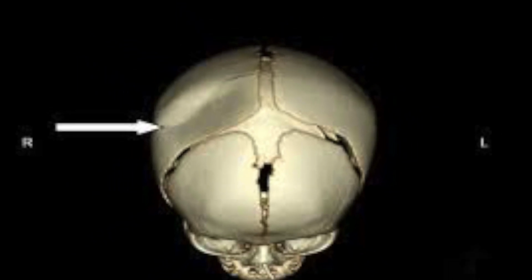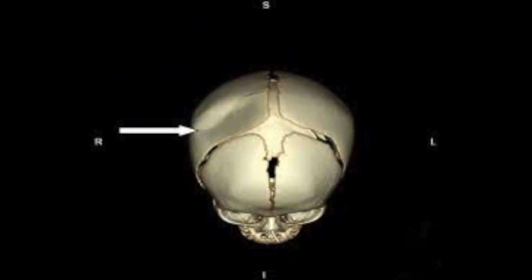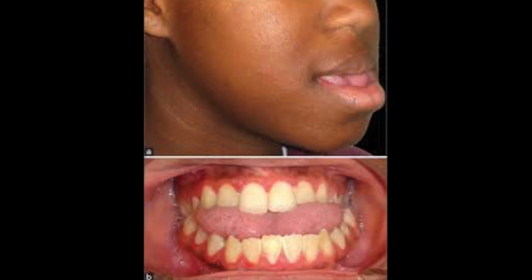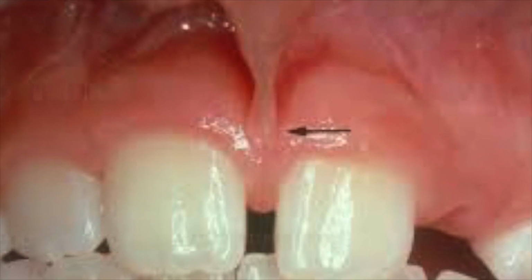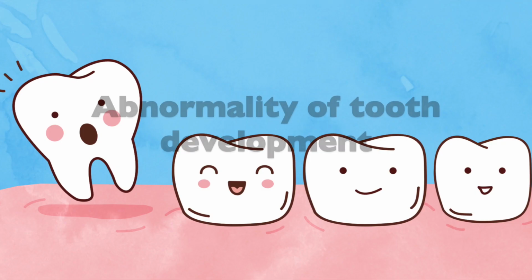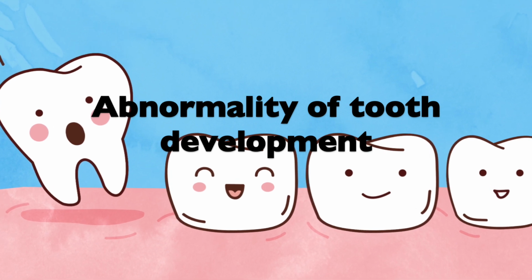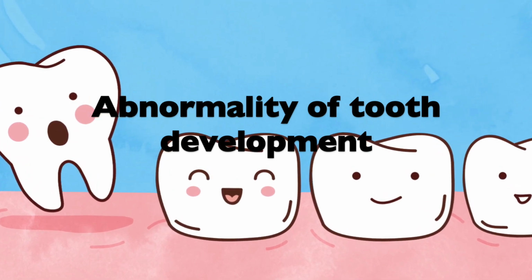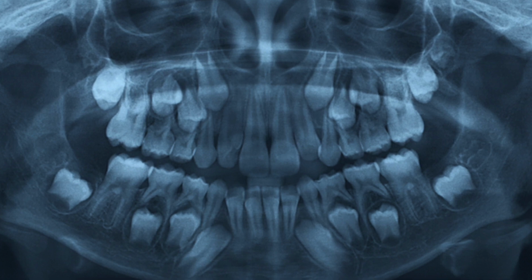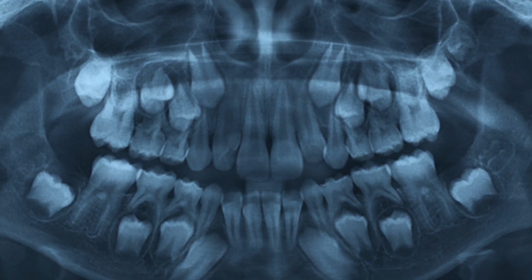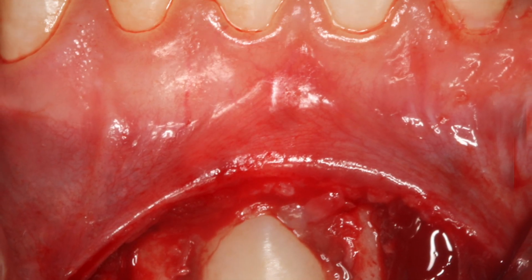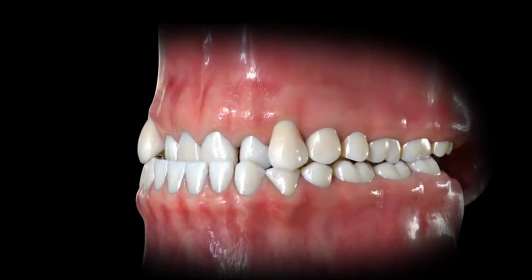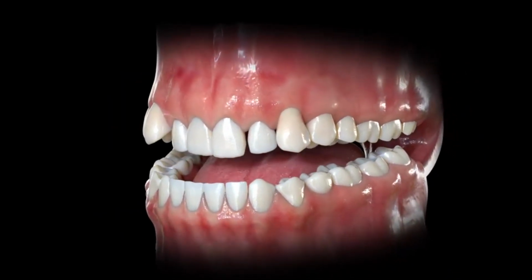In the first category, that is abnormalities of dentofacial complex, we have birth injuries of the head, micro or macrognathia, micro or macroglossia, abnormal frenum attachments, facial hemiatrophy. Now, coming to the next category, that is abnormalities of tooth development. It has delayed or premature eruption of deciduous teeth or premature shedding of deciduous teeth, ectopic eruption, impacted teeth, and aplasia of the teeth. In the next category, we have functional.